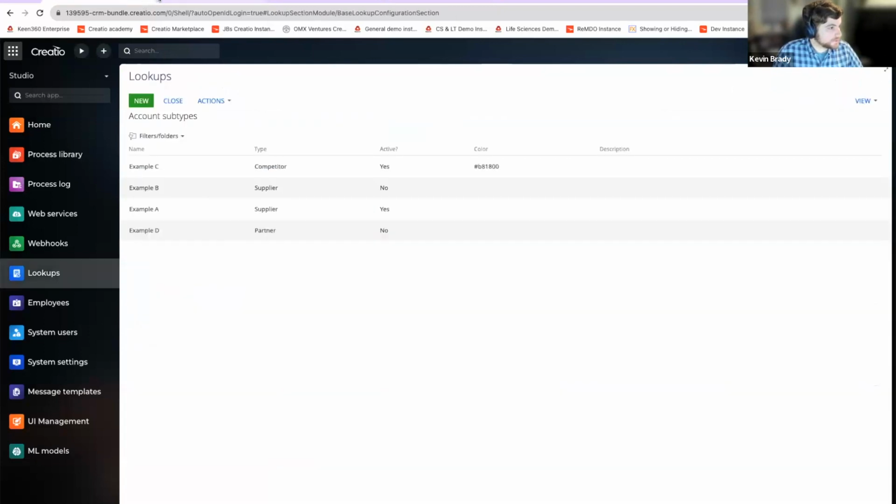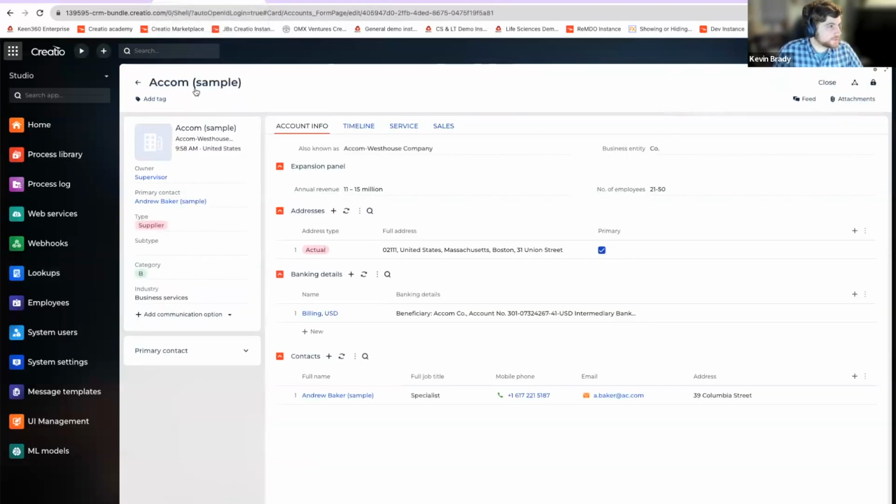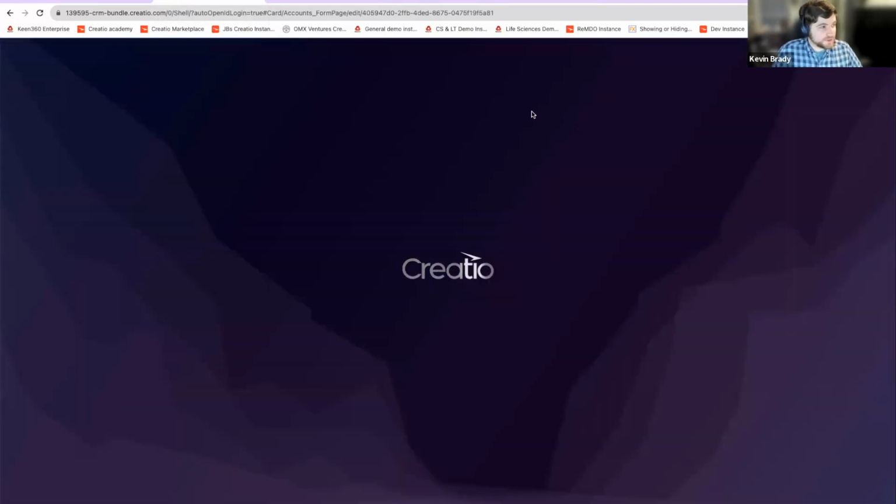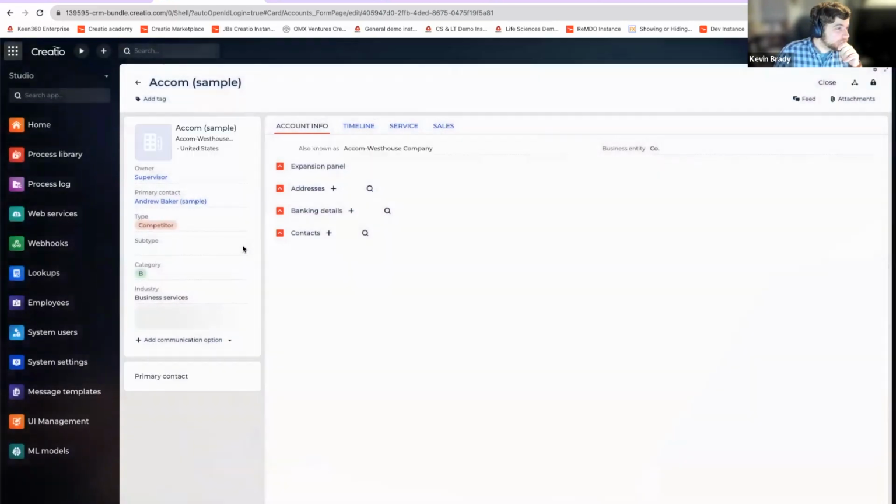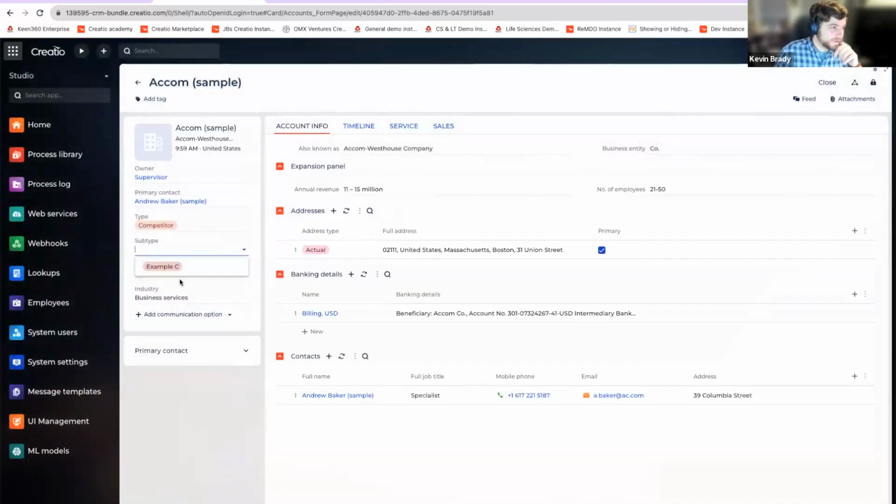The supplier should be getting example A, competitor should be getting example C. It's closer. There we go. Okay, so apparently it wanted me to refresh the page, which is a little annoying, but